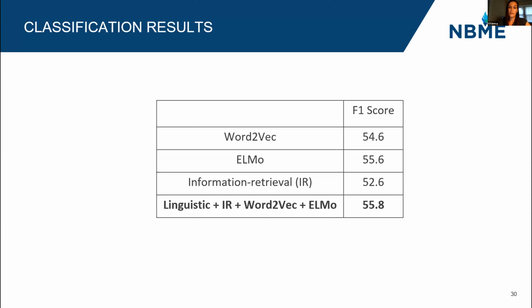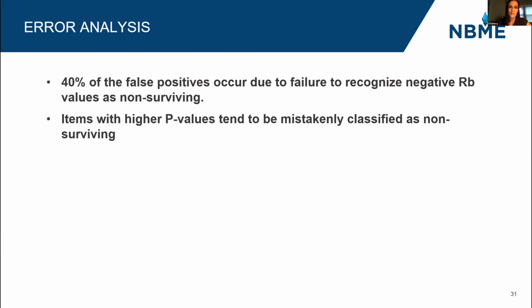So when we talk about 55.8 F-score, or approximately 5 to 6% improvement, this actually means that we have 345 items that were correctly classified thanks to this method, compared to just random assignment. And when we think about how very few pretest slots we have performed, this may actually be a high gain, low risk strategy to predict item survival.